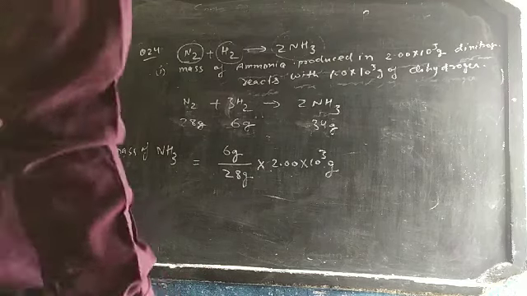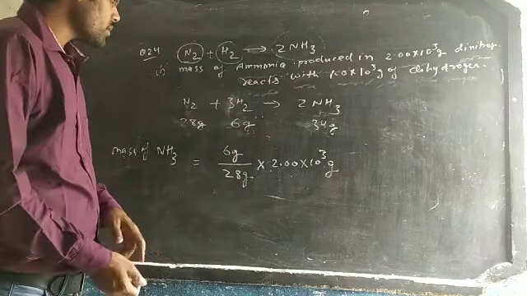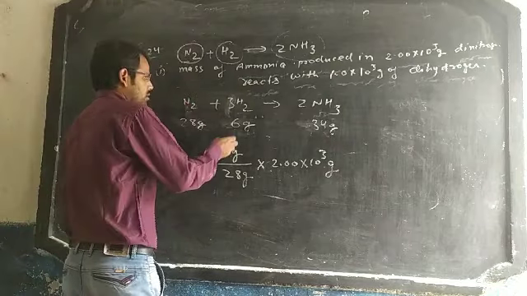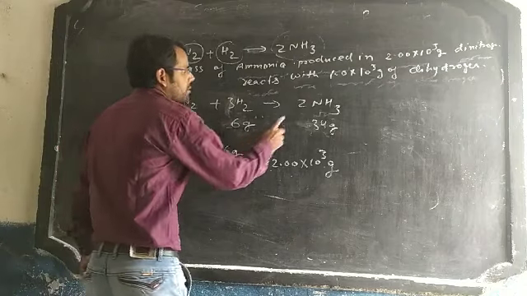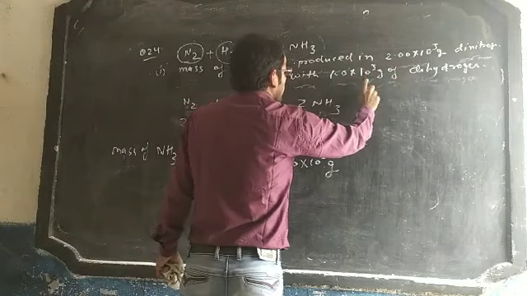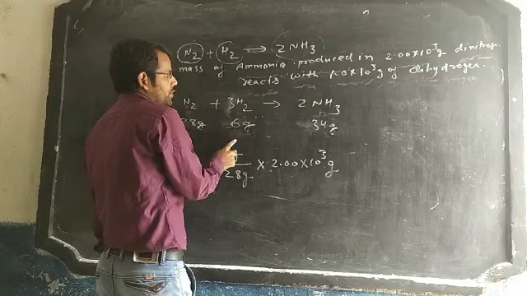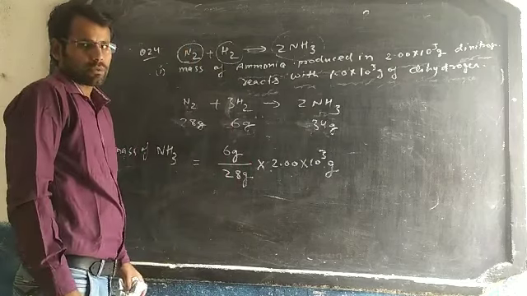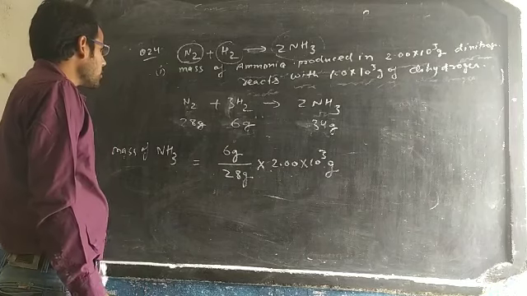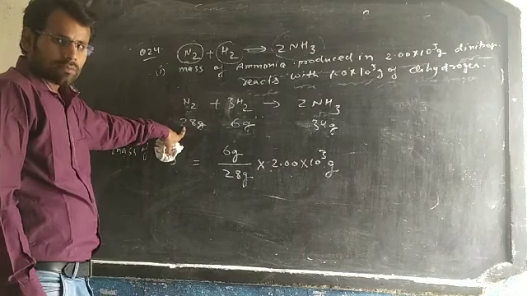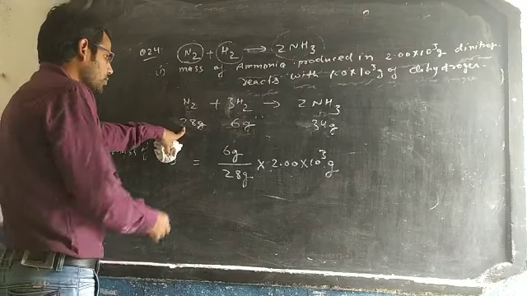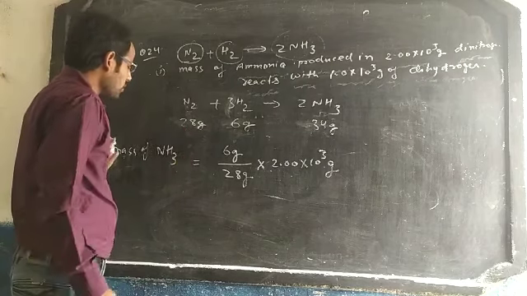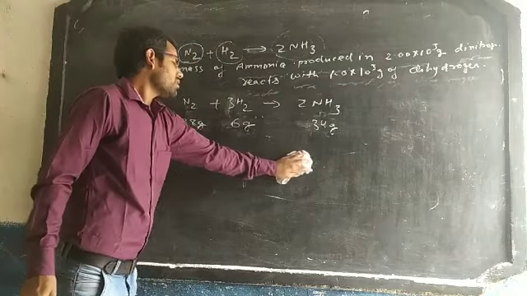According to the question, we can solve it in this way also. This is the limiting reagent, 6 gram, and this one will be the dihydrogen, 1.0 × 10^3 gram. This will be the X. So how many grams of ammonia are produced? The nitrogen will be 28 gram. This will be the X. We can suppose X, so we can find it in this way also.